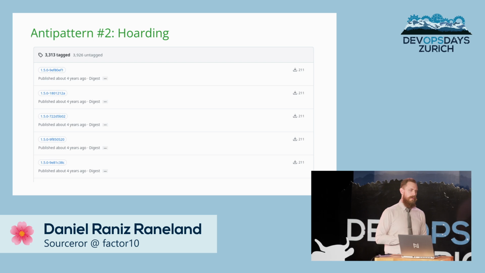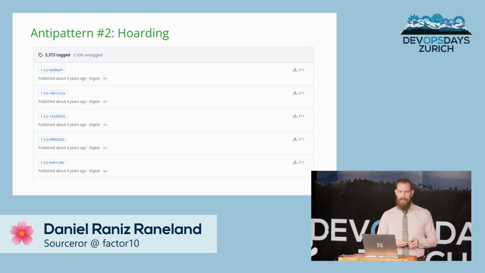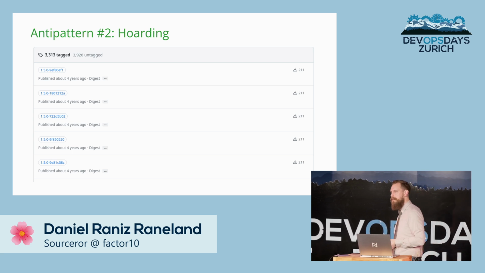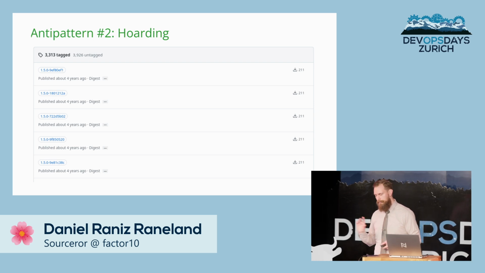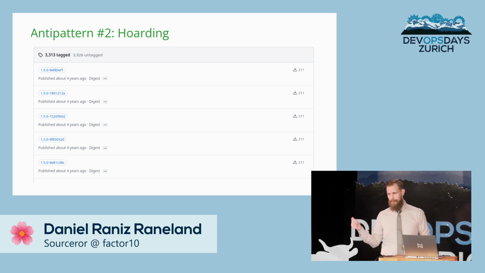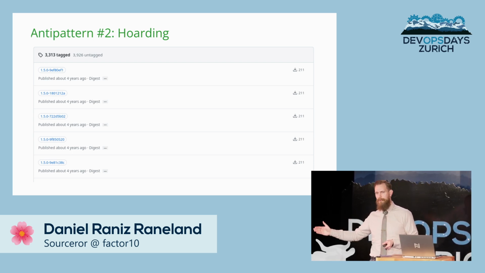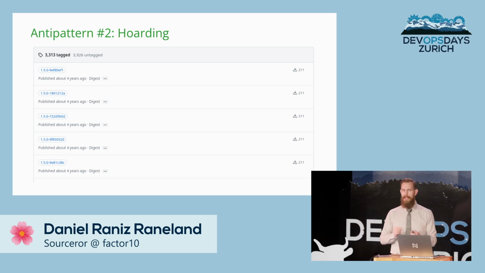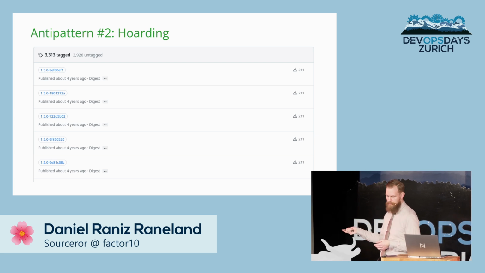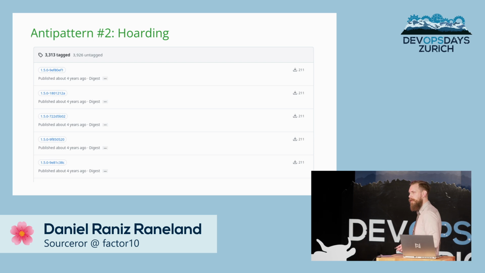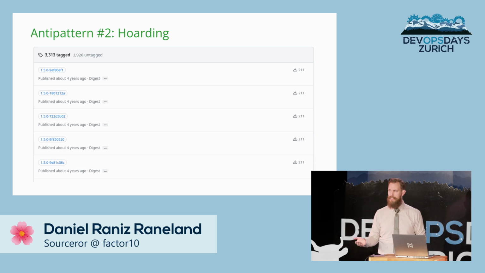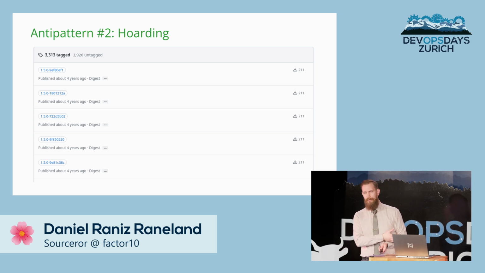So this is a GitHub repository for an open source project. They have slightly more than 7,000 Docker images published on their registry. And if you want to find a specific one in here, there's no search. You need to go through more than 64 pages of images to try and locate the one you're looking for. That's tedious. And most of these have been downloaded. You can see all of them have been downloaded 211 times. And if all 7,000 images have been downloaded 211 times, that's probably something automated and they're not used anymore, so you can delete them.